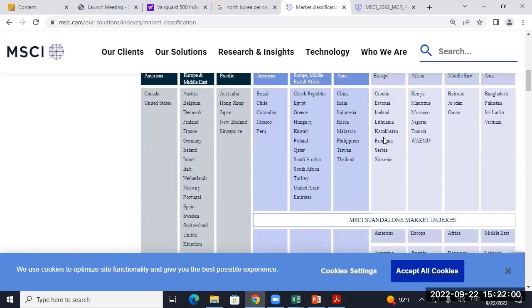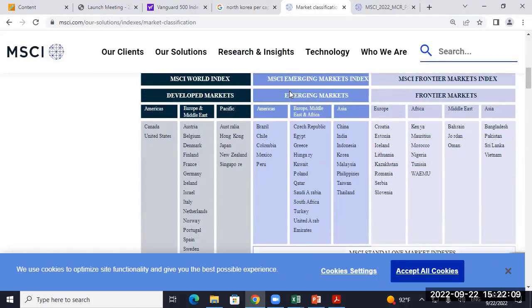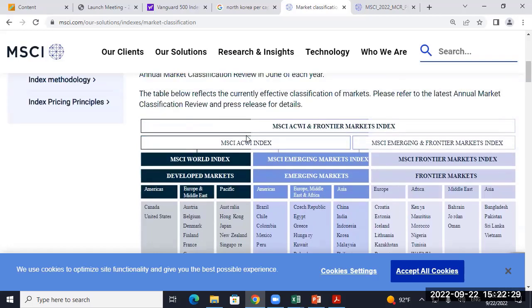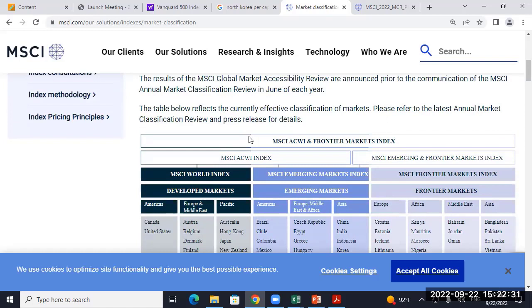Tanzania has just had a disaster. Why is Egypt not up there? Where's Egypt? Can y'all find Egypt in here? Is it over here? Yeah, all right, so Egypt is emerging. Are they the only one besides South Africa? Okay, so Egypt and South Africa are in there. You got Kuwait in the Middle East in there, and Turkey, United Arab Emirates. So there are some Middle East. So that's how they classify them.